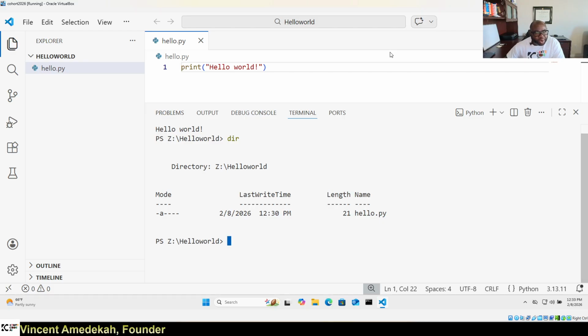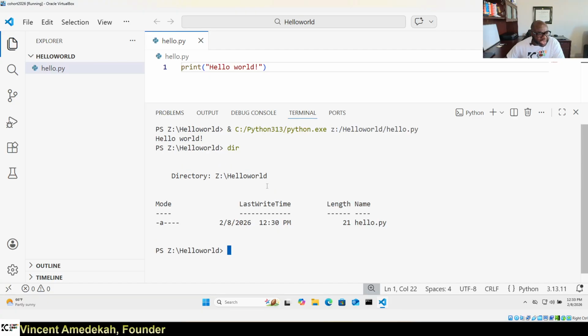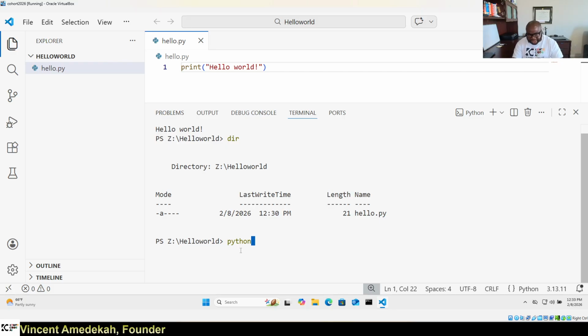So automatically, when we click on run Python, it shows PowerShell. PowerShell was used, and it automatically knows how to run it to get the file. But there's another way you can actually run the same thing. Now we are already in this location. You can just say python. Saying python is like saying use the Python program to run. But maybe on Mac you might have to say python3 or something like that. Python is saying use Python to run my code. So I can say python